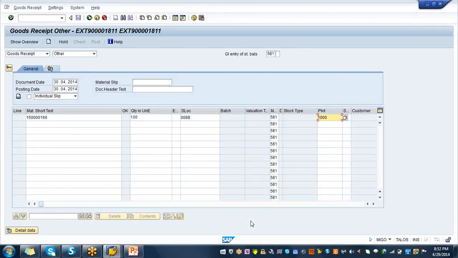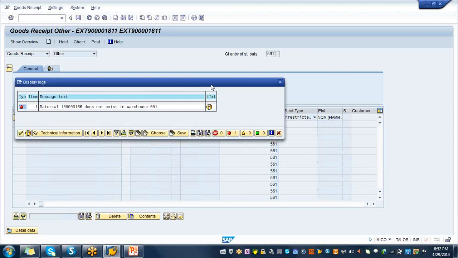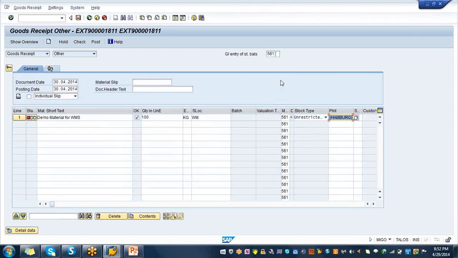So enter. That's perfect. Okay, it is saying the warehouse is 001. Okay, so why is it saying that the warehouse is 001? Warehouse should be 0088. So 0088 is looking at